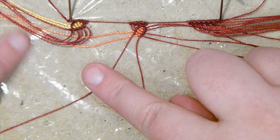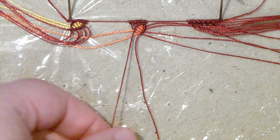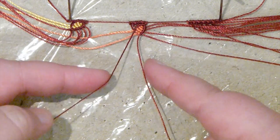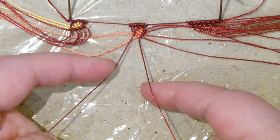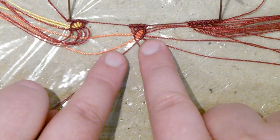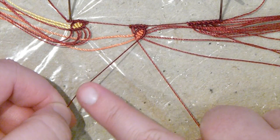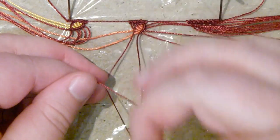So you want to also push this one away again underneath all your other threads to make sure they stay behind. And then you're left with these two at the very tip of your leaf, which we need to use to close it off. So the one coming from the top row is going to be your working thread, which you need to bring underneath the other one, just like we've been doing the whole time. We're just not putting any coloured thread on that. And then your holding thread is the same one that you've done the whole time. So you take your working thread around your finger and through the loop,